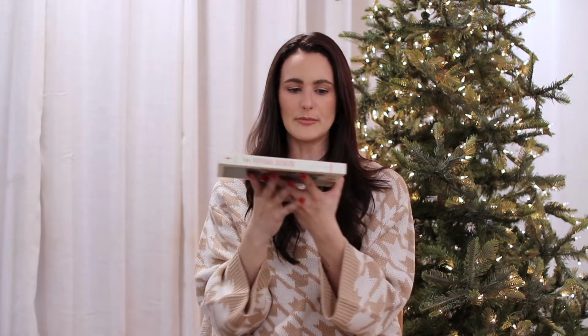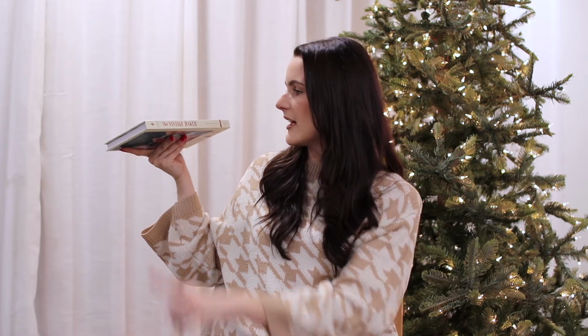And I really love to buy different books for the coffee table, but I also like to buy super cute books for my floating shelves in the kitchen. And I loved this one because of the vintage writing. I think that's really pretty. I love the color of the book. It's like a cream color, like a yellowish cream. And I love how it has the pink metallic wording here on the side, because I'm gonna lay it like